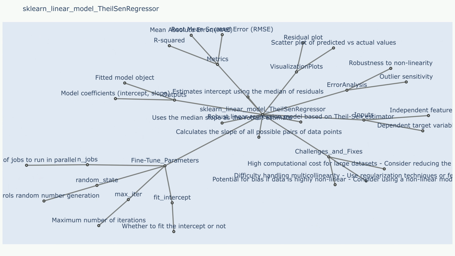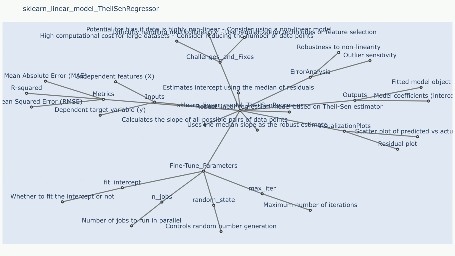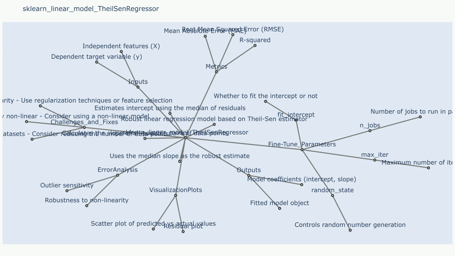Metrics: mean squared error (MSE) measures the average squared difference between the predicted and actual values. R squared represents the proportion of variance in the dependent variable explained by the independent variables. Visualization plots. Scatter plot with the regression line visualizes the relationship between the independent and dependent variables with